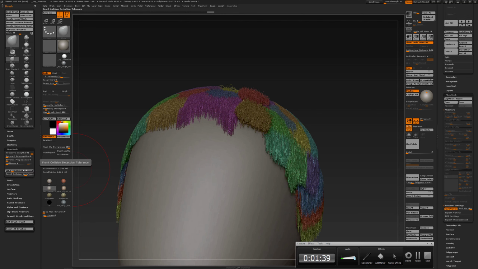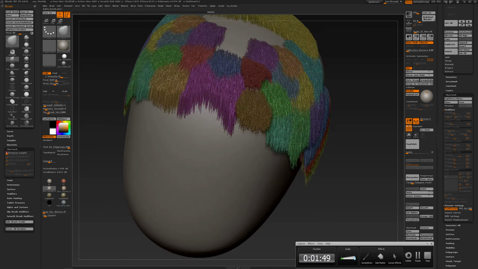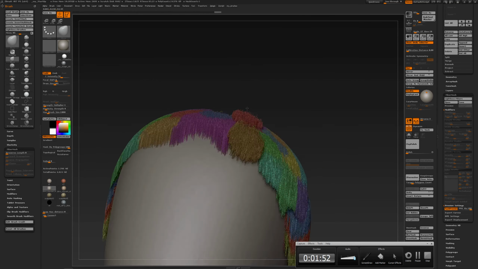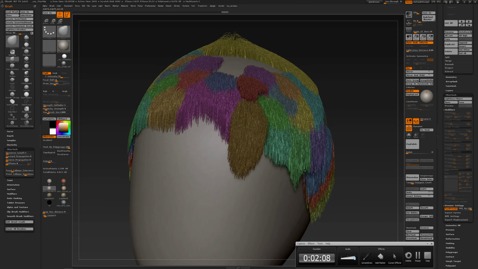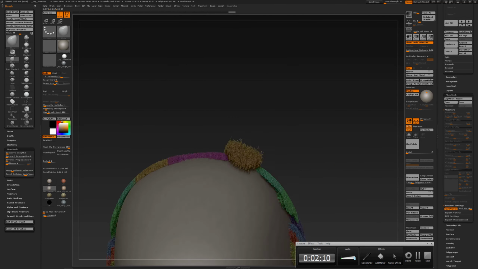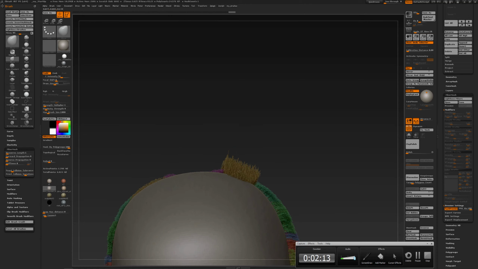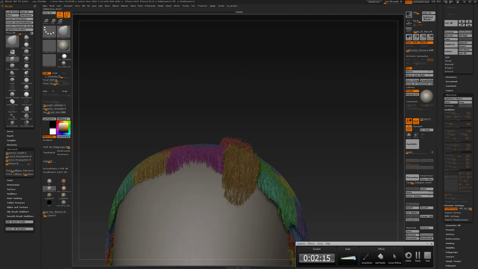So when grooming fibers, you regularly have to check your settings. Preserve length is at 100. When I set it to 0, I can make them longer. And if I'm in another view, even with front collision, or with preserve length 0, you don't have front collision detection available. So if I turn it, for instance, to 1, now I can lengthen the fibers, and I also can move them closer to the geometry. But as soon as I rotate my view,